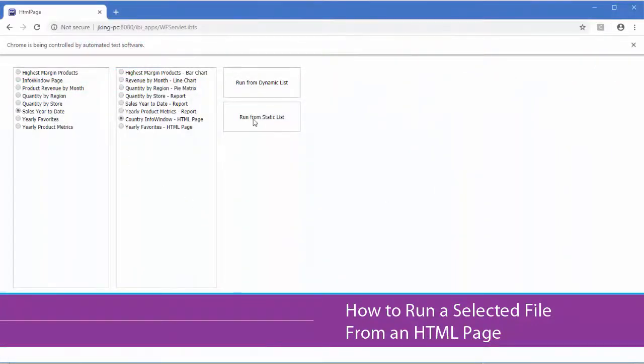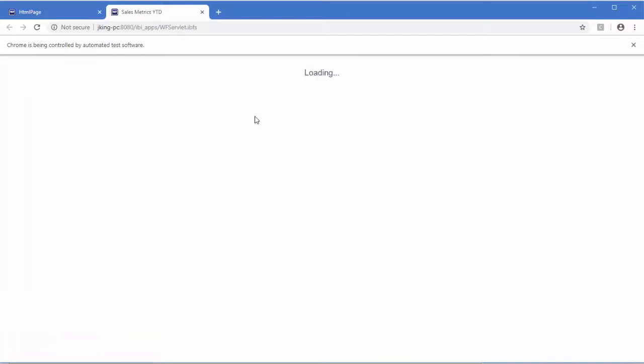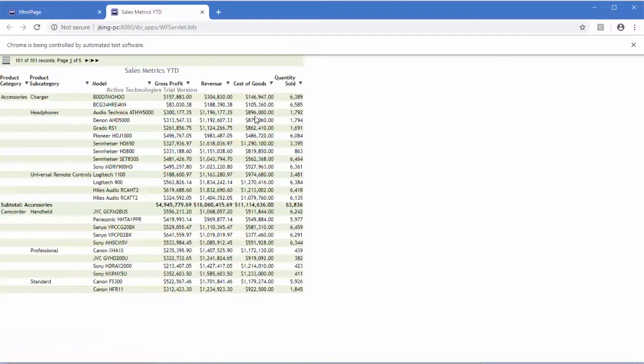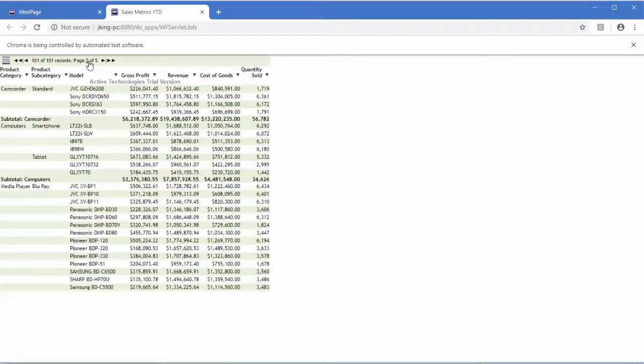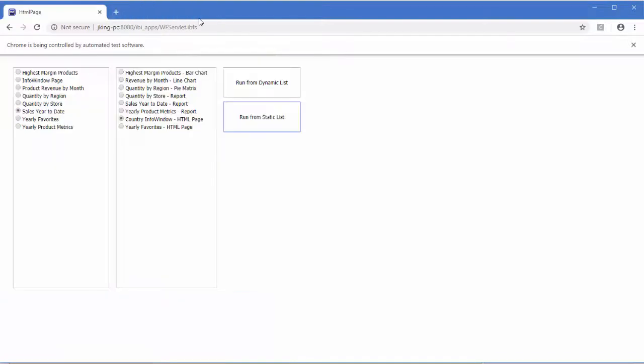Parameterized content is a great way to give users access to the information that is most relevant for them. Sometimes, however, you may want to make multiple different files available for selection, such as when they use different data sources, show different fields, or use different styling. You can do that by creating a control that lists procedures or HTML files, and then using the run procedures/HTML